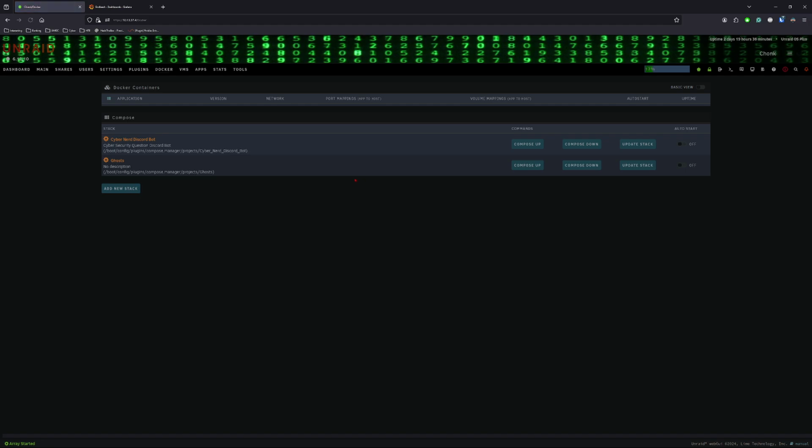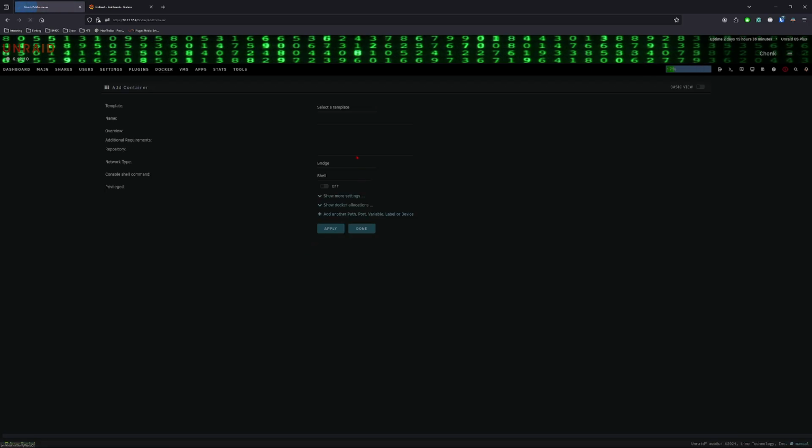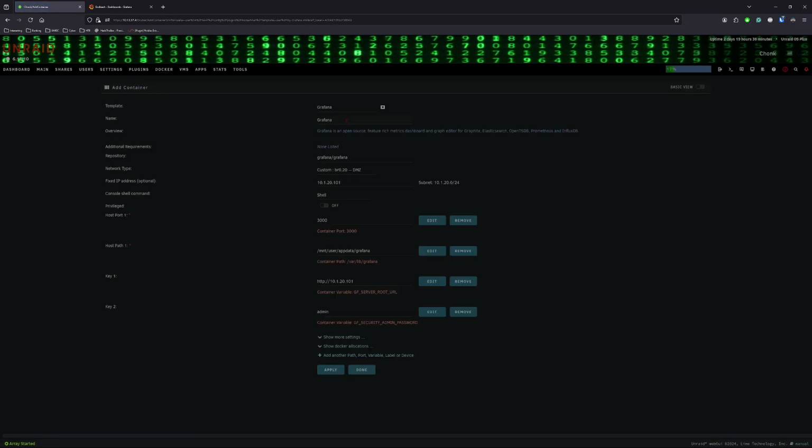So going back into Docker then. With that, go to add container again, and then grab a template, Grafana, and then again Endlessh, and then you're going to want to put in the same VLAN, so then boom, 70.4, and then there we go with the port 300, cache, and then Endlessh,